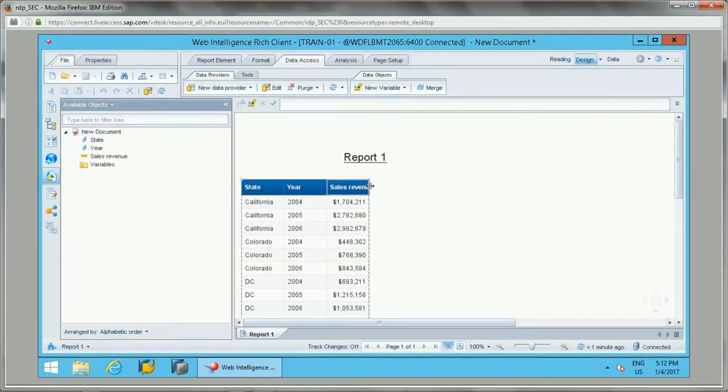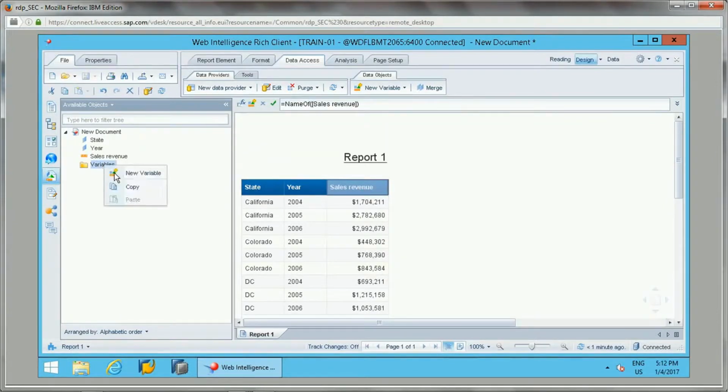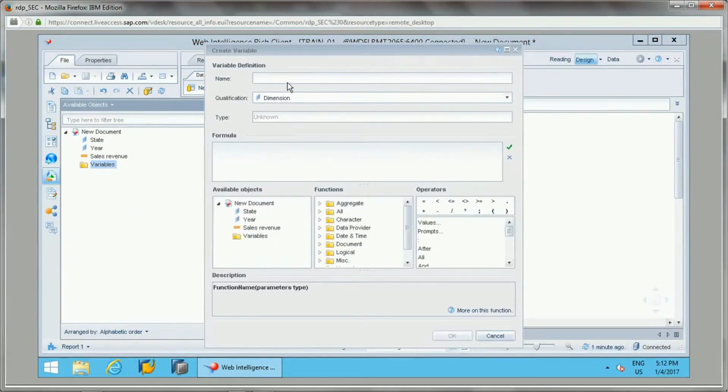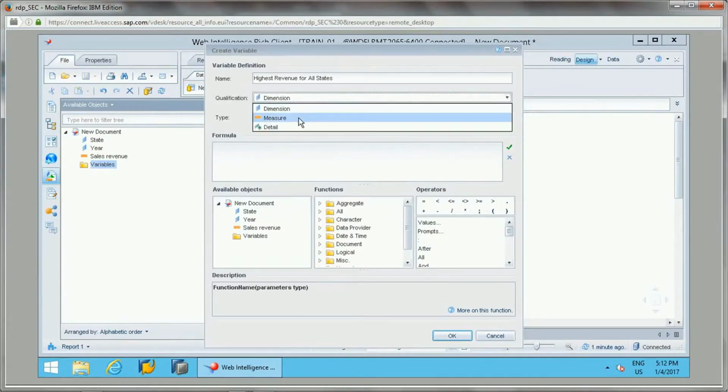So let me create one variable for that. Suppose we will be considering the state of Florida. I will create a new variable, highest revenue for all states. Out of all states, what is the highest revenue?